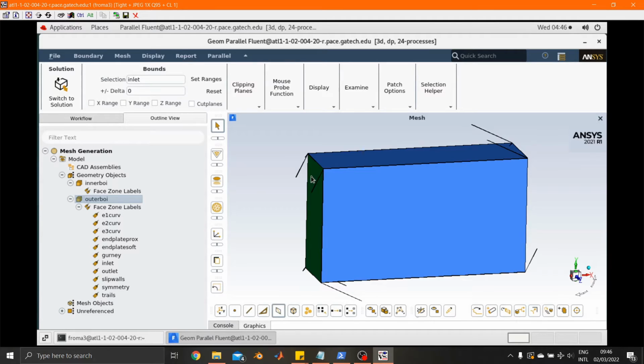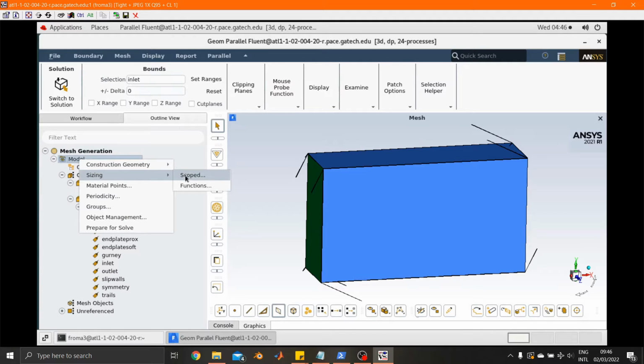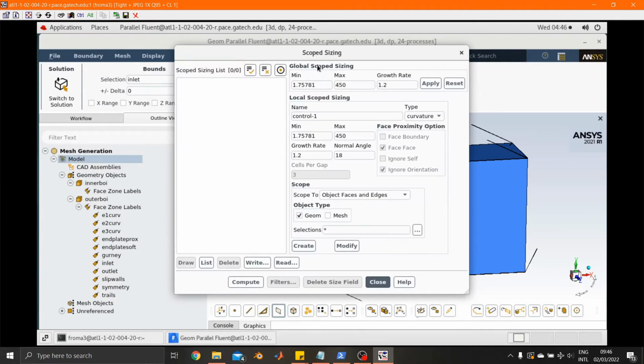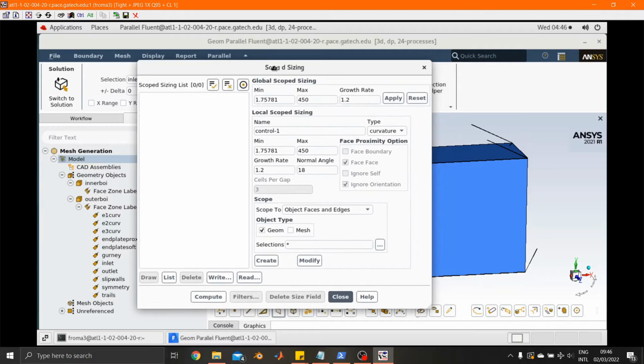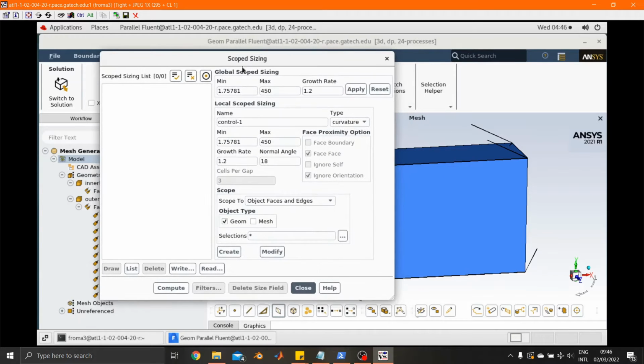So we're going to tell the system, like the inlet, we're going to want it to be a certain size of mesh, whereas the rear wing, obviously, we're going to go smaller and smaller as we get closer. So the way we do that is if we go to Model in the outline view, right-click, go to Sizing, and then Scoped. And this window right here is where we tell it what sizing mesh to put on what